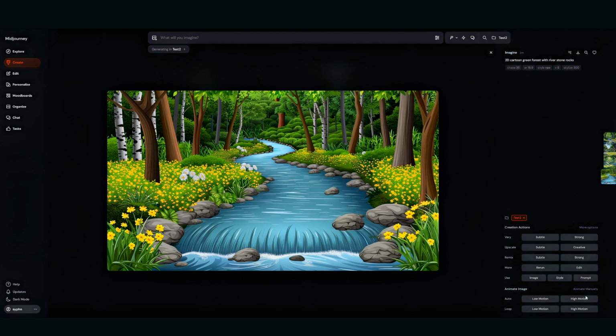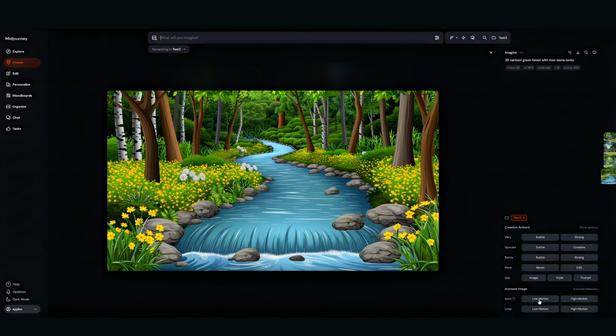Now, let's get into the animation. I'm not going to go too much into this, but I'll let you know you can animate any of the images that it creates. So if I want to tell this thing to make this river actually flow, you can absolutely do that, and typically it works amazingly. So what do you have here?